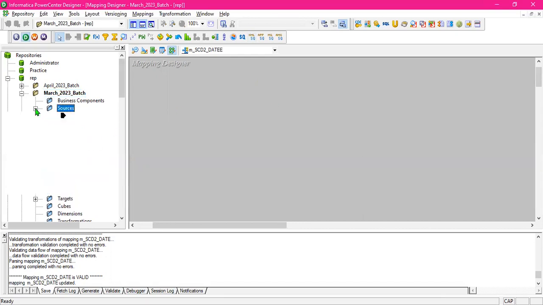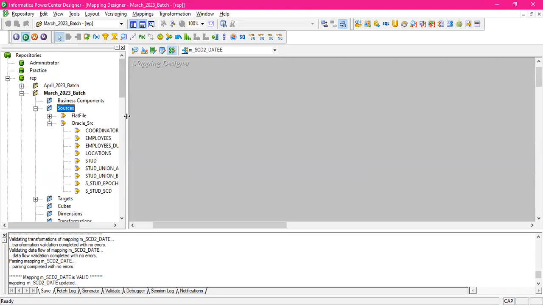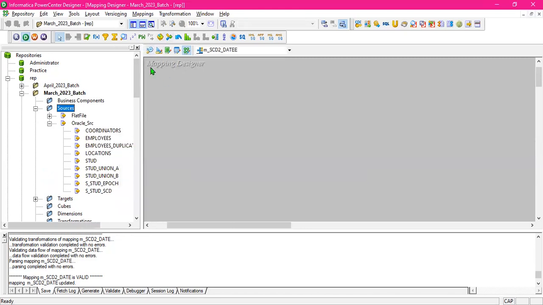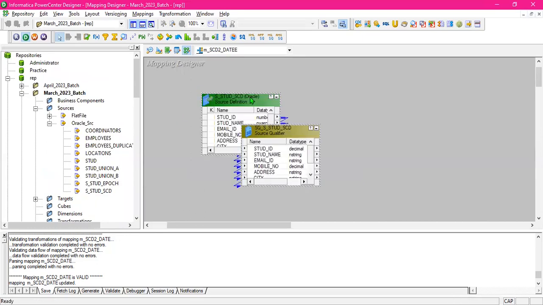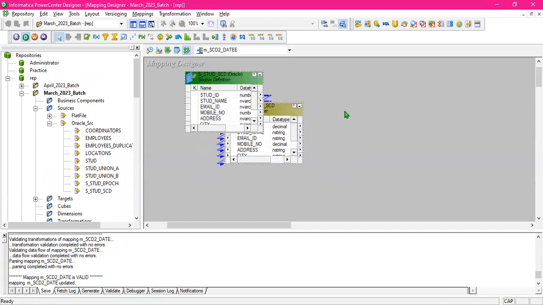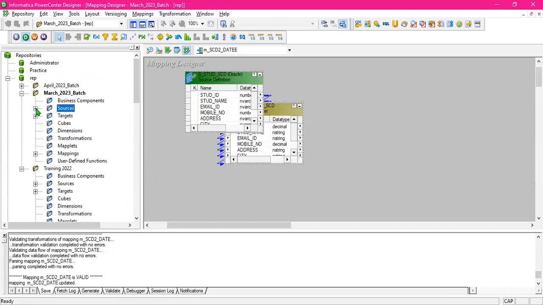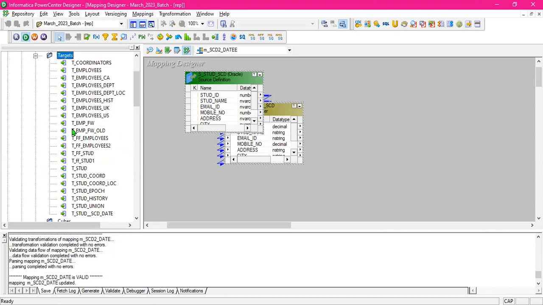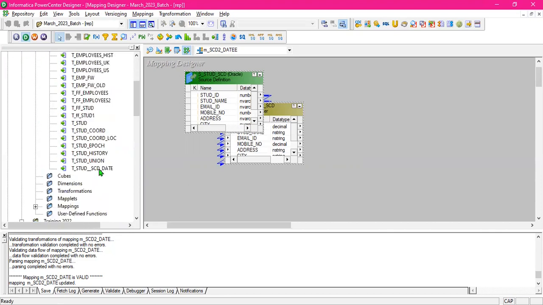Okay, I will take the record I have already imported. You can create and you can import. Okay, SCD, I will take this here. Then I will take the target. Similarly,